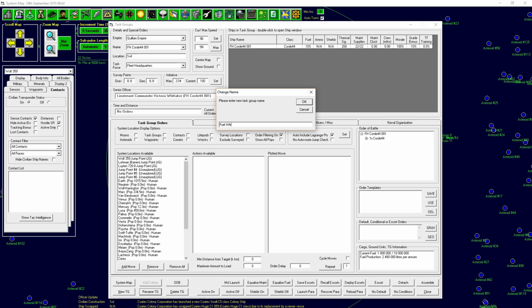Fuel harvester Wolf 359. Task group 1. So I know where they are, because they're mostly just going to go there. So your job is going to be...